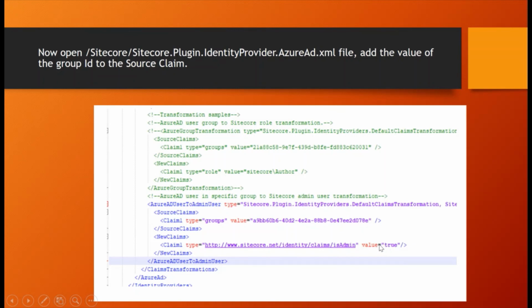If you want to create a custom role, you can create it, map it on the Azure side, and provide that ID here in this config. Then if you launch the application, it will authenticate and behave as per the Sitecore role.